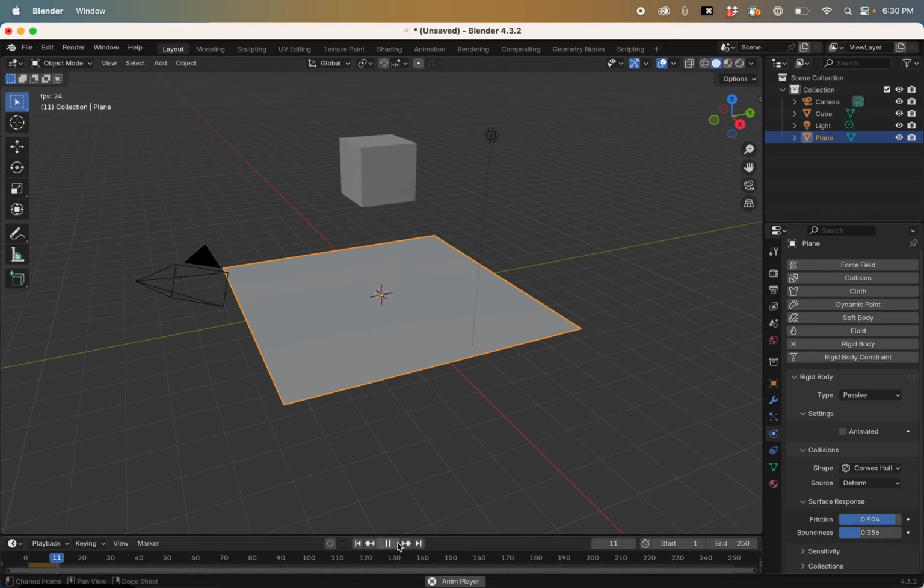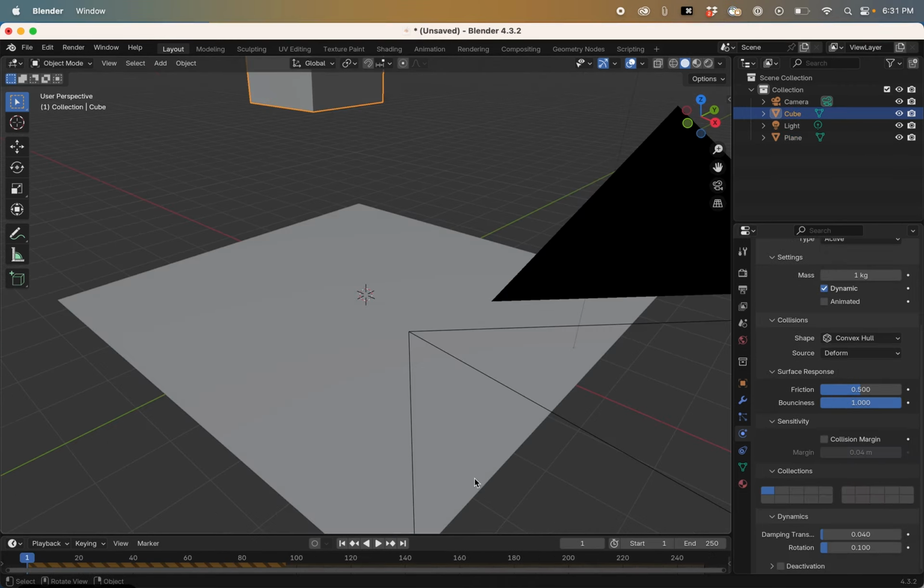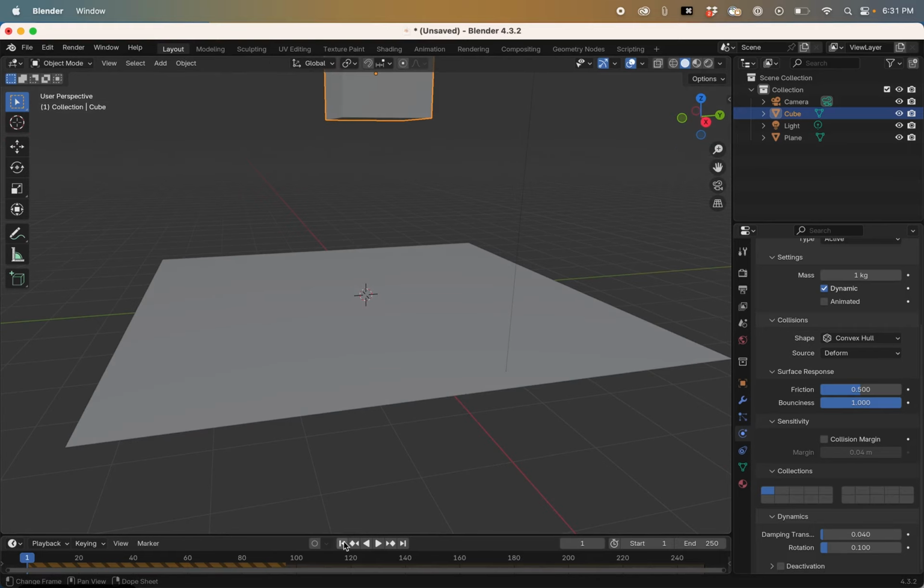So there's that, just getting that going, and that's really a very basic look at this. You can play with a lot of other settings in here, but again, if I was playing with this and I didn't like how much it was rotating around, if that makes it feel a little bit unrealistic,